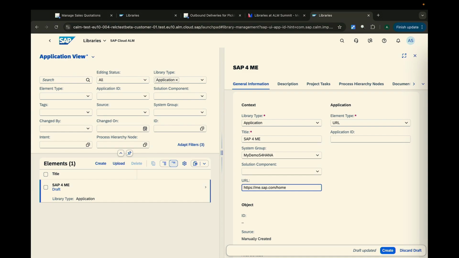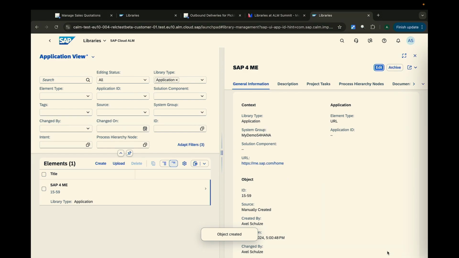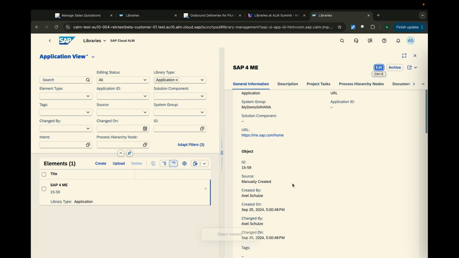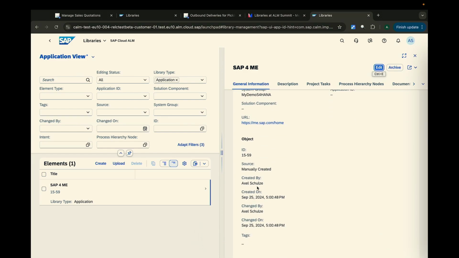com/home to show you a little bit the use case. You see also we have built this application based on Fiori elements. This means you have by default a draft handling, so I can work on this. It's immediately saved, and you see the draft is updated, and I can create now this application. You get also then an internal ID, you get some information who have created this, when it was created,